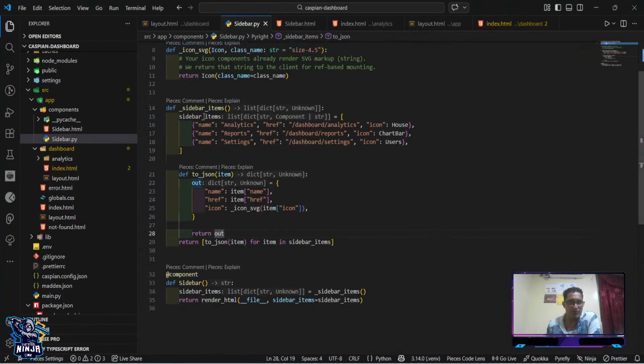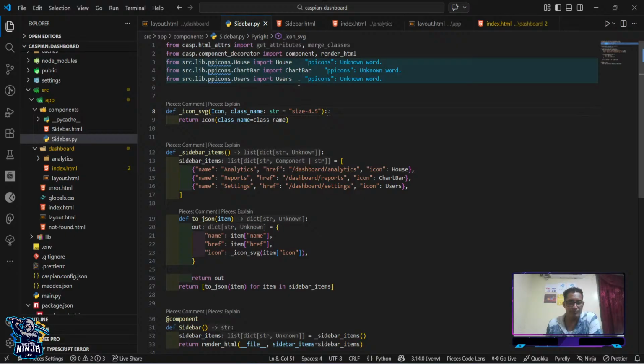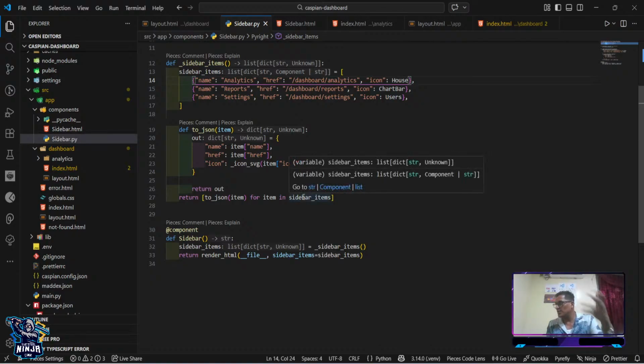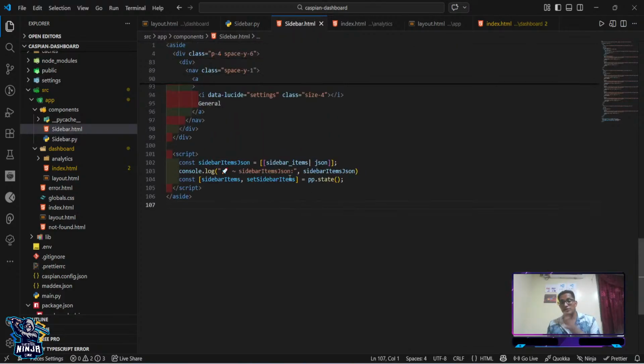Okay, what we are doing is very easy in this case. Let me remove this. So we are importing the icons and passing them here. We are creating a function, sidebar dynamic, to which we can come and add more as you want, and then we can add child items too, because it's a child menu, things like that. So in this case, I'm passing the variable, in this case sidebar items, and in my front end, as you can see, this is a